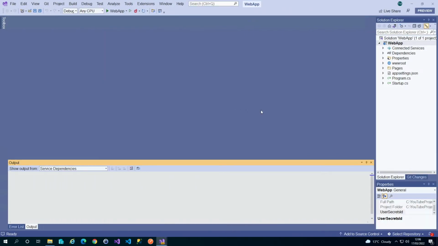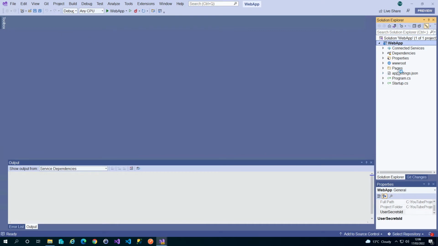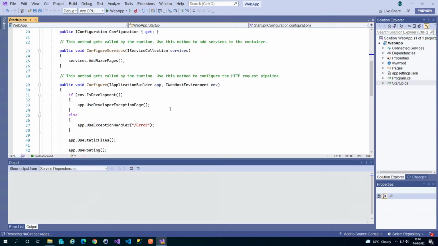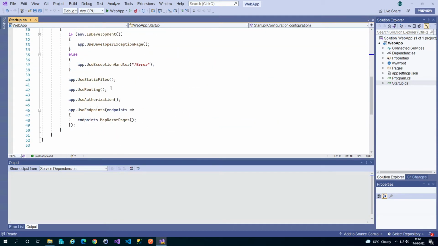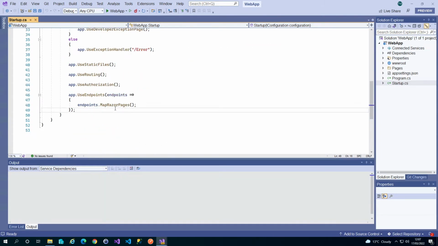Okay, so here we are in Visual Studio, and I've got a template Razor Pages application open against .NET 5. The first thing we need to do in order to use our minimal APIs is definitely be on .NET 6. So let's go and upgrade that. The next place we would look if we wanted to add a minimal API is our startup class, which is the equivalent place to where the minimal APIs configure everything. So inside the Configure method, we would expect to be able to do something like